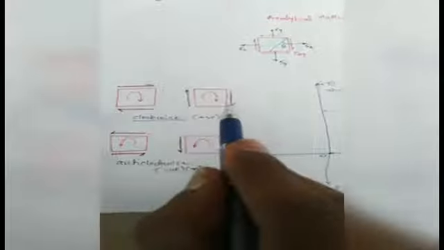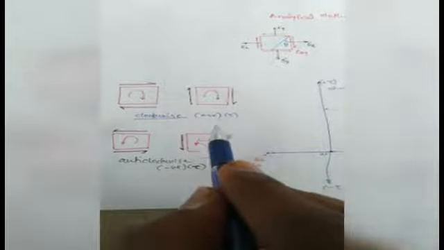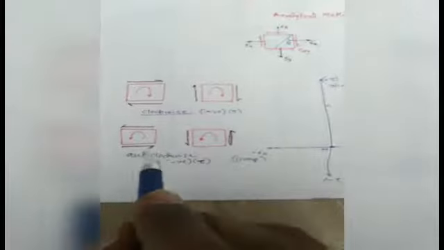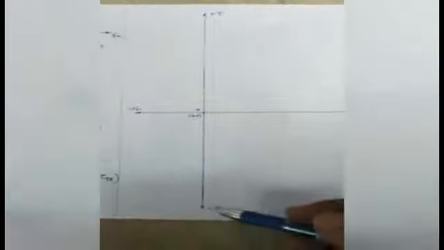Yesterday we saw that if the shear stress is clockwise, it is considered plus tau, and if it is in the anti-clockwise direction, we consider that shear stress as minus tau. Therefore, plus tau and minus tau are taken here in this Mohr circle method. Now we will see the procedure of this Mohr circle method.